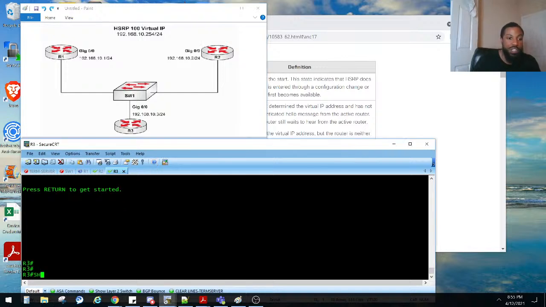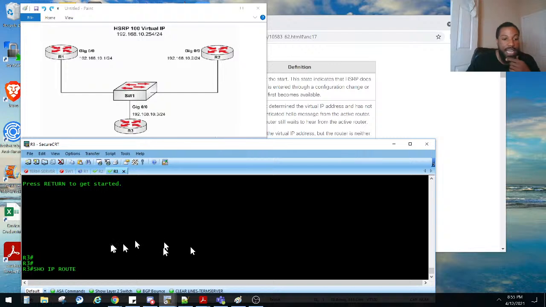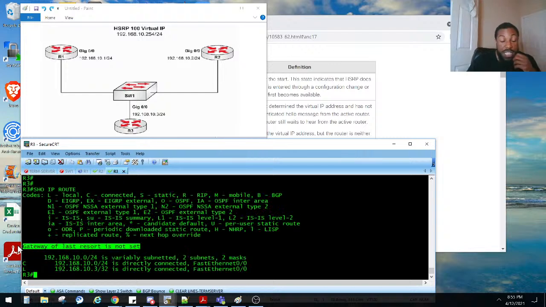And yeah, I believe we checked that. Show IP routes. And he does not have a default gateway, right? Gateway of last resort is not set. They want us to make sure that any traffic that we send from our local area network, all these PCs back here,